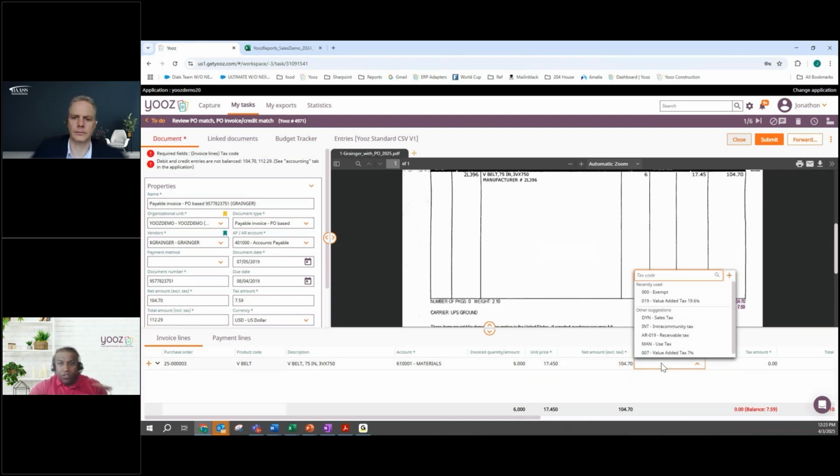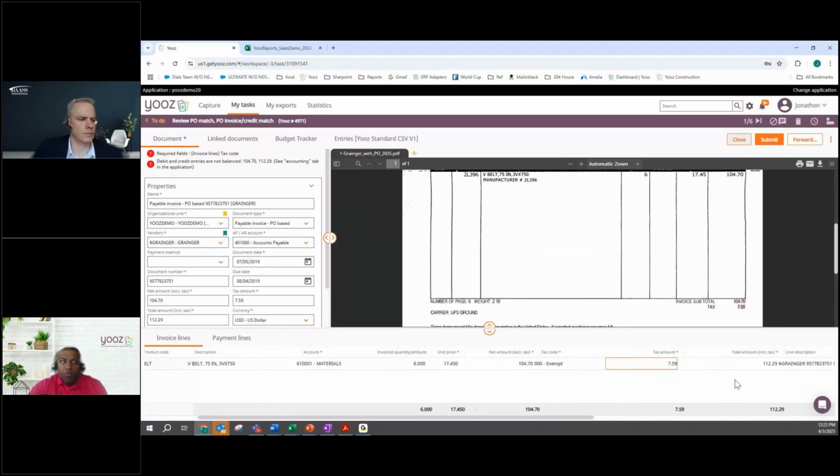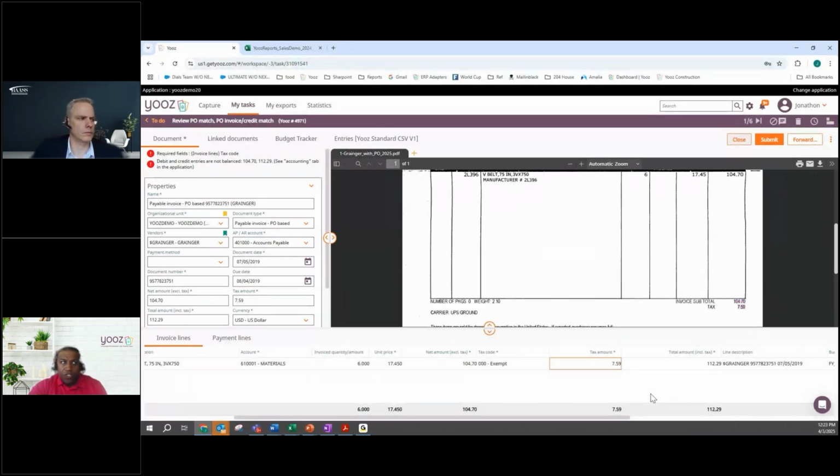We have your tax codes in the back. Also, the great thing about taxes with Yooz, if you're HST, PST, QST, all the lovely taxes in Canada are on that invoice, Yooz will pick those up and read those taxes for you automatically, which is nice. So in this case, I'm just going to click exempt. Keep it simple. And then I'm going to say that my tax amount is 759. We have a cool feature where I can click this, it populates in my tax field box. I'll just hit enter and then it gives me a total balance here at the bottom, which is nice.